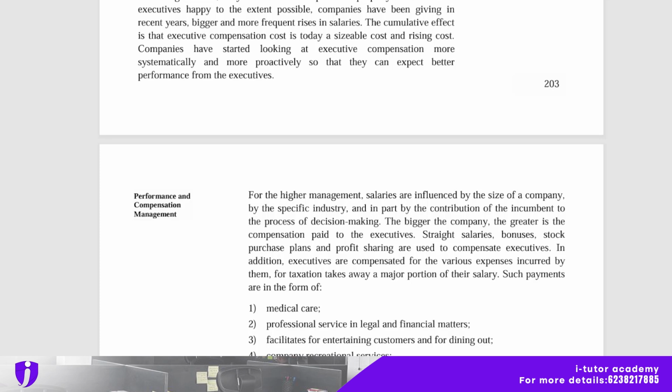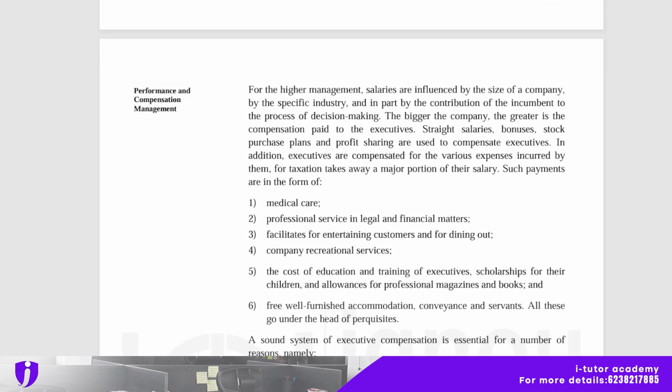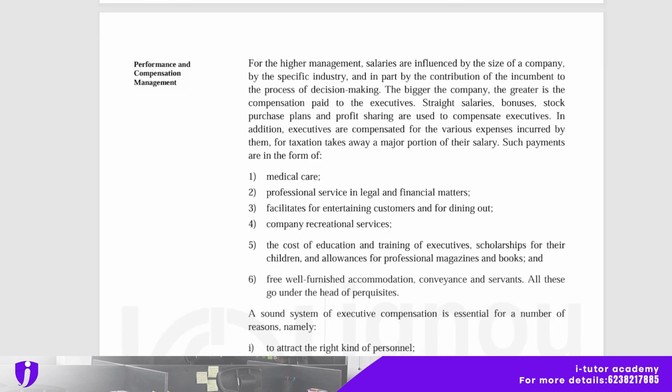In addition, executives are compensated for the various expenses incurred by them, for taxation takes away a major portion of their salary. Such payments are in the form of, first one is medical care, professional service in legal and financial matters, facilities for entertaining customers and for dining out, and company recreational services, the cost of education and training of executives, scholarship for their children, and allowances for professional magazines and books, and free well furnished accommodation, conveyance, and servants. All these go under the head of